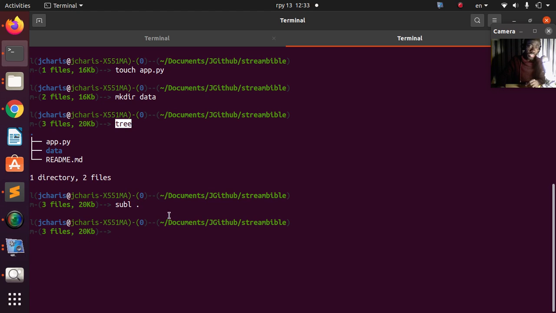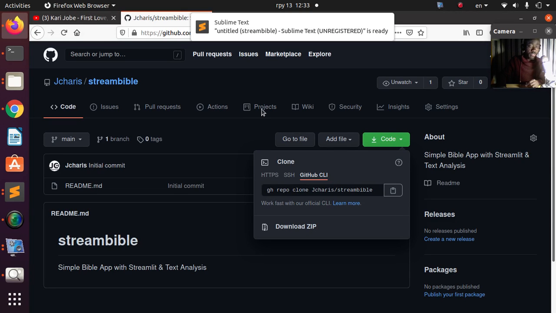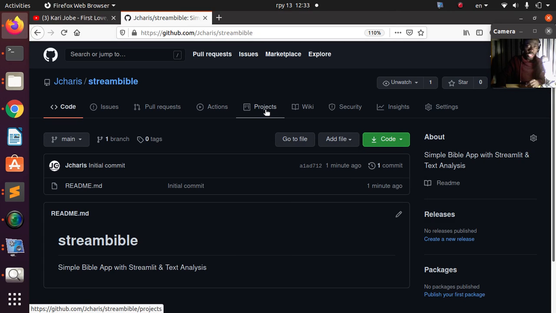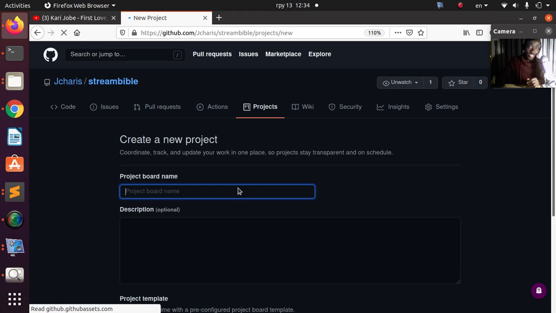So we have seen our app. So let's try go back to our displays and check the project. So there's another feature out of GitHub which most people don't use. So I'm using the project to structure our app. So I'll go back to the project, then I'll create a new project. This is not part of it, but just to make it interesting, I'm going to call it as my